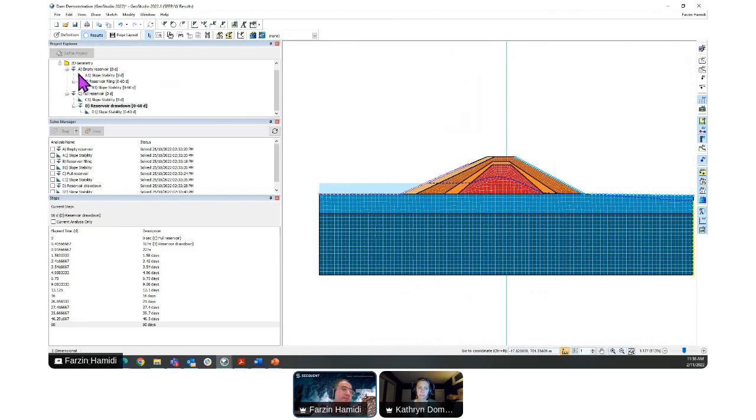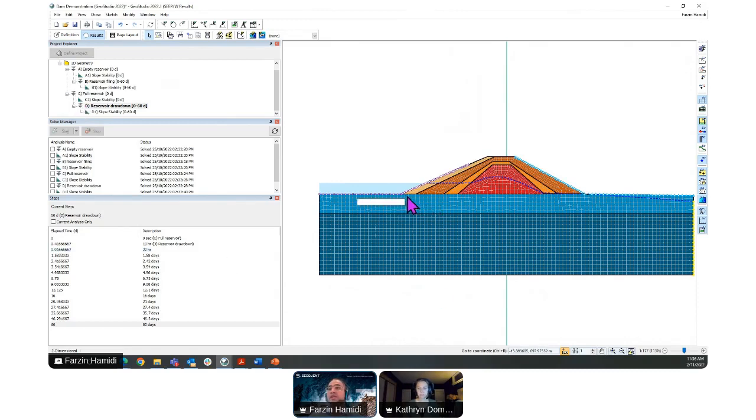So you can get the SEEP/W pore water pressure into your SIGMA/W, or you can do a coupled analysis. You can do the consolidation analysis by coupling and simultaneously running the effective stress analysis within SIGMA and SEEP/W analysis. In that case, you will see a plus sign next to your SIGMA/W, and it helps you to do the consolidation.